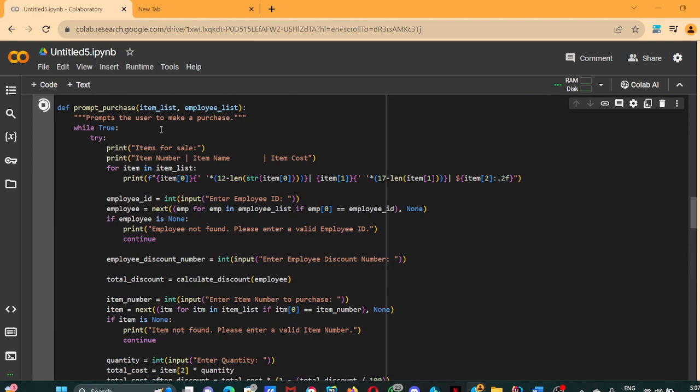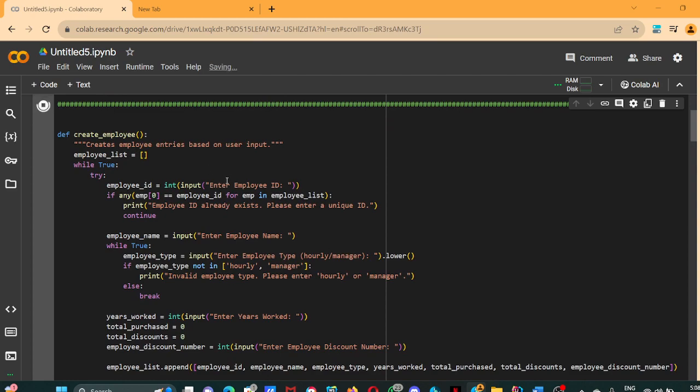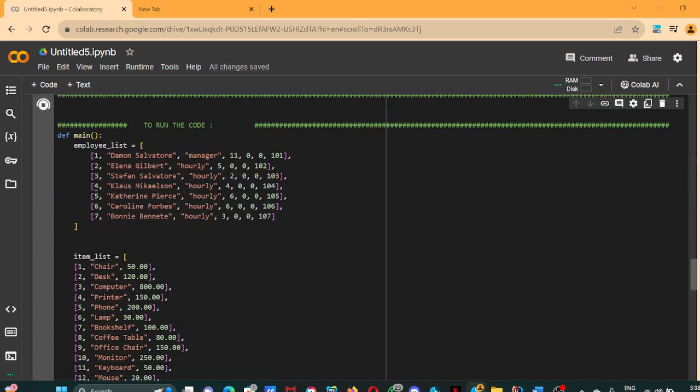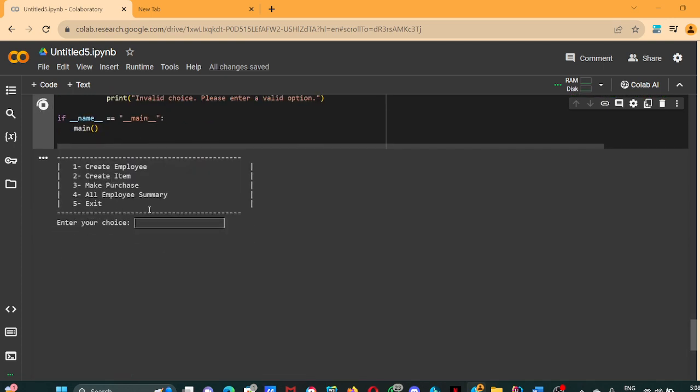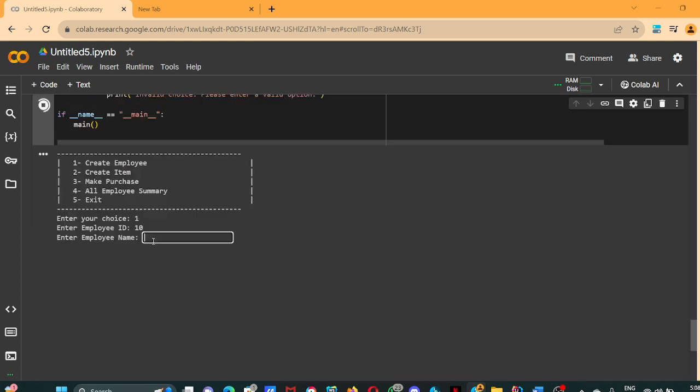Then we go to the create employee section. The create employee section allows you to add new employees, and we can also see the built-in functions which I have already created inside. I have already created one list, and if I want to add any employee, I can add it by choosing create employee, which is number 1. I have to enter the employee ID. Supposedly I enter 10. Employee name as